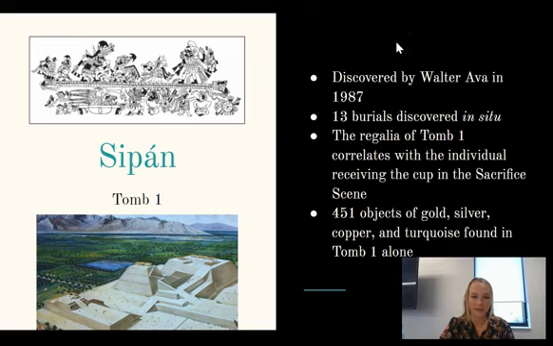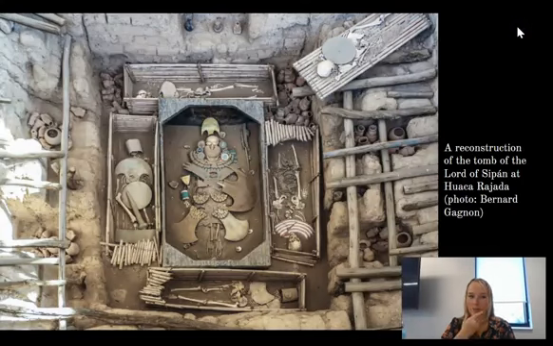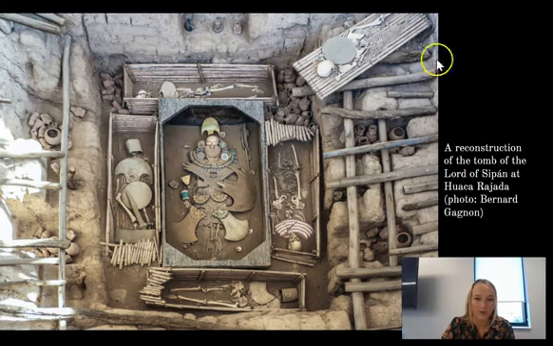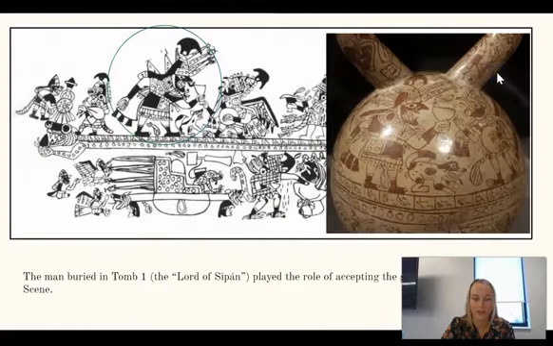Let's take a look a little bit more closely at what was happening. And again, this is that super large adobe pyramidal platform structure at Sipan, with the burials being over here at that bottom left corner. So this is a reconstruction of what the tomb of the Lord of Sipan may have originally looked like before it was a little bit flattened over time. We see that the Lord is buried with these gold back flaps and these headdresses, attendant figures, many different works of ceramics, and also those 451 objects of metal and